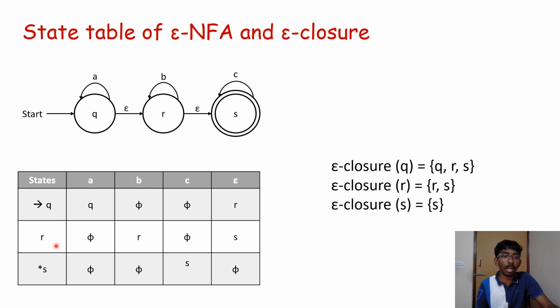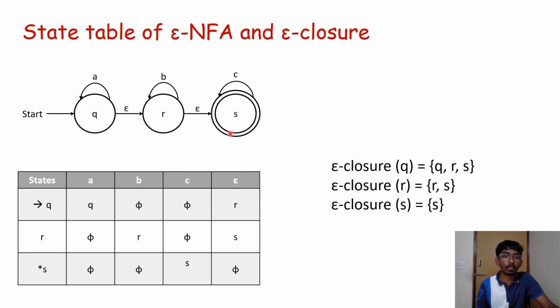Similarly, we have done for the state R. It doesn't have any movement from the current state to a new state while giving the input A, so it is null. When we give input B, it goes to the same state, that is R, and on giving C, it doesn't go to any other state, so it is null. So on giving epsilon, it takes to other state S,